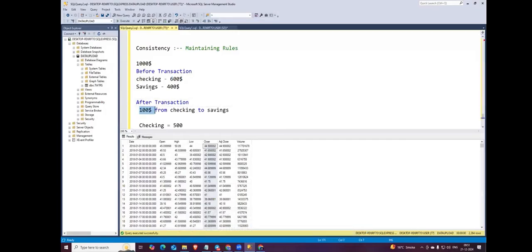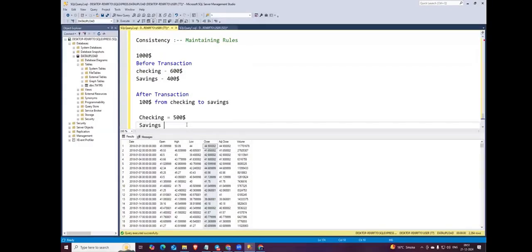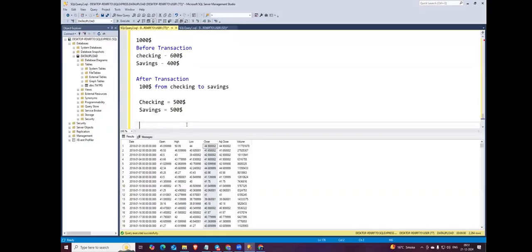बोला $100 चेकिंग से सेविंग्स में गया, राइट? 600 था, तो 600 ओके, कितना होता है? दोनों $500 में ही, राइट? दोनों में सेम। चेकिंग टू सेविंग, ओके। सेविंग्स में भी कितना हुआ? सेम। $500, ठीक है। This is called consistency, ठीक है।